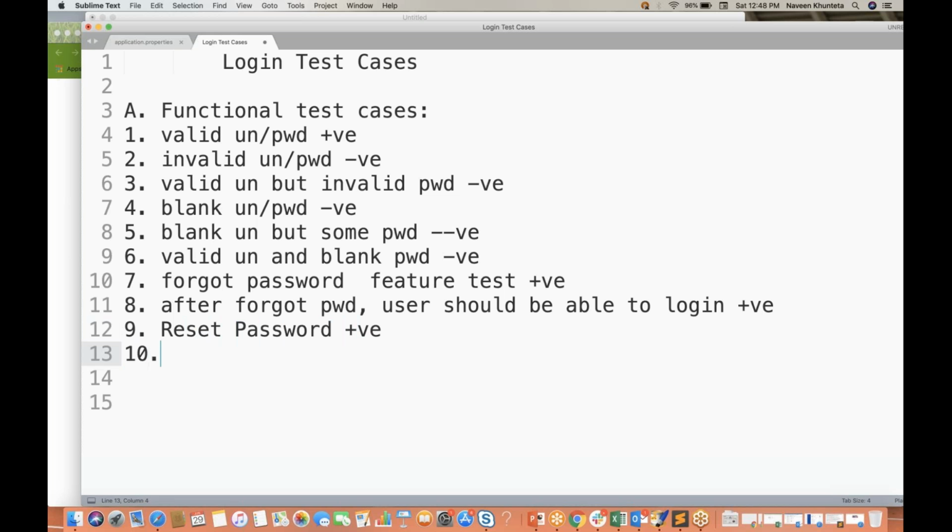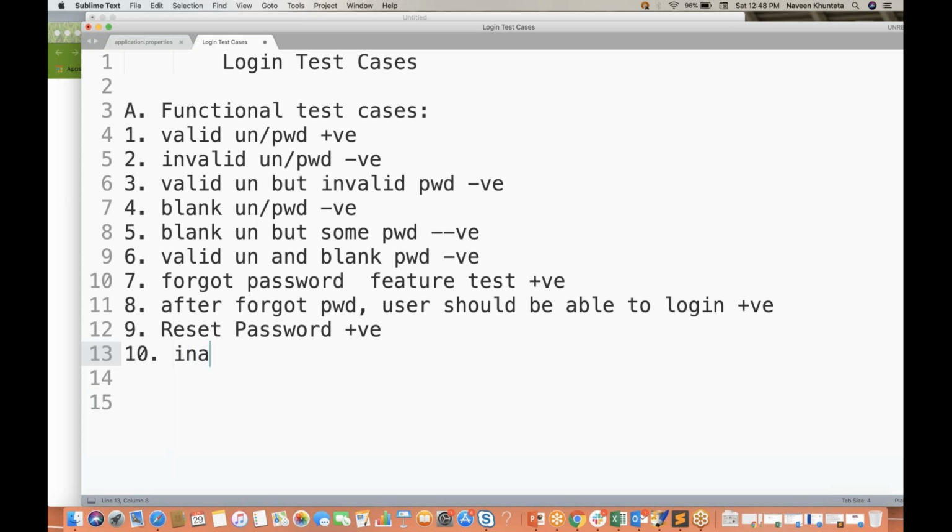You should always check that the forgot password and reset password feature is there. What if the login page does not have forgot password or reset password, and a user is not able to recognize his password, forgot his password, or wants to reset the password, right? In that case, this particular test case should be tested. Other than that,